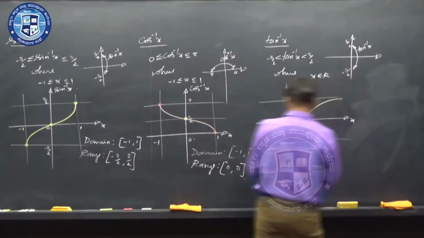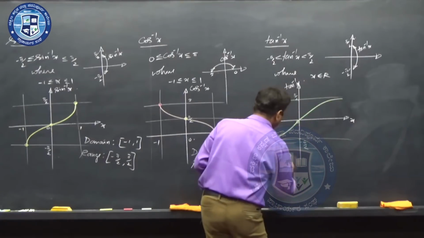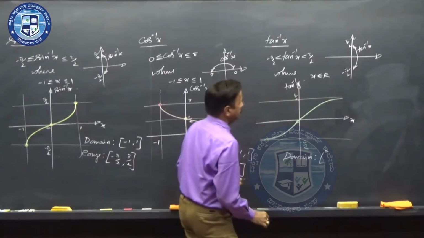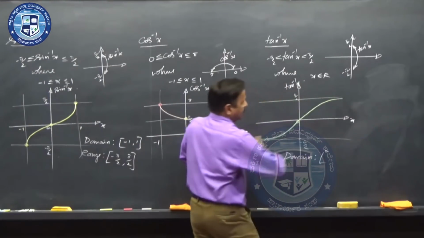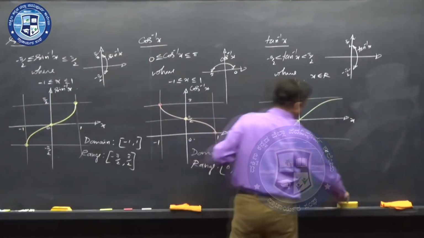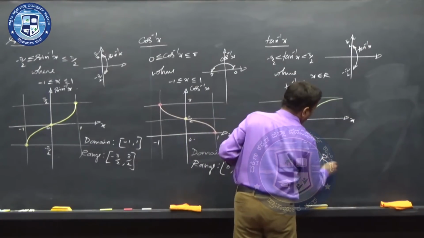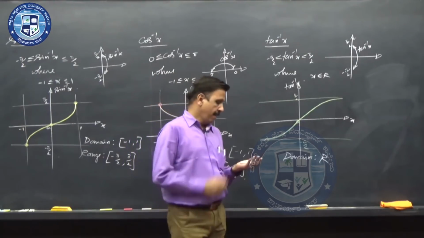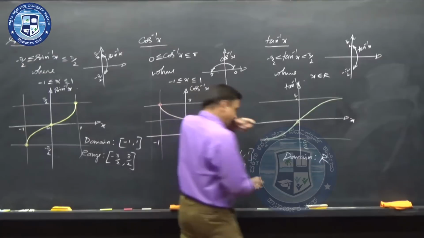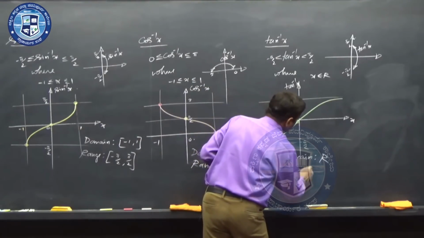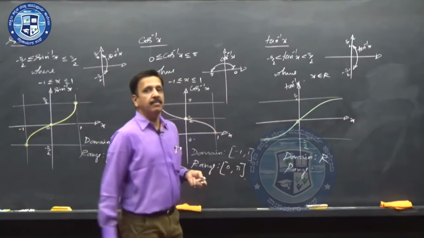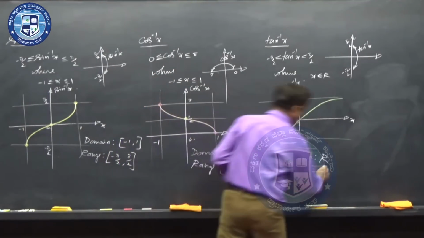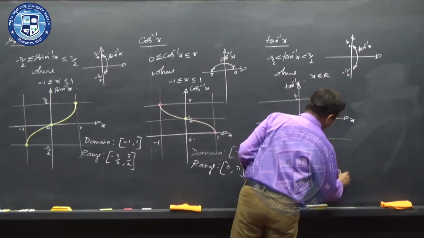And you can write what is the domain and range. The domain can take any real value. X can be anything. There is no restriction on the value of x. So the domain is nothing but R. It must be written in the form of a set. Domain is a set, and range is also a set. Range is any value between minus pi by 2 to plus pi by 2, not inclusive. So it must be an open interval, minus pi by 2 comma plus pi by 2.